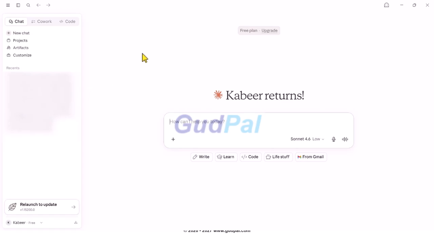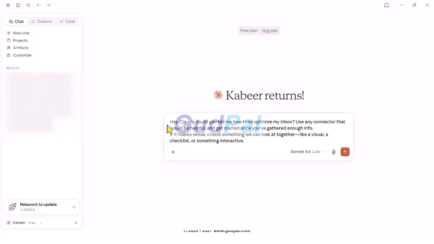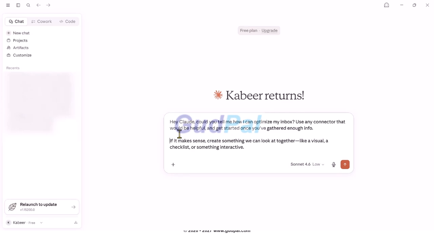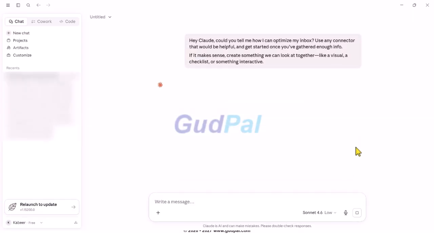Once you are in Gmail, all you have to do is come to the base page for Claude Chat, and here you type this. I've already typed it in the background. I've written something like this: Hey Claude, could you tell me how I can optimize my inbox, use any connector that would be helpful, and get started once you have gathered enough info? If it makes sense, create something we can look at together, like a visual, a checklist, or something interactive. Once you're done with that, hit enter, and you will see Claude analyze your Gmail inbox